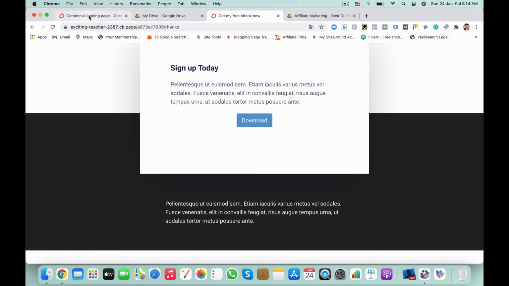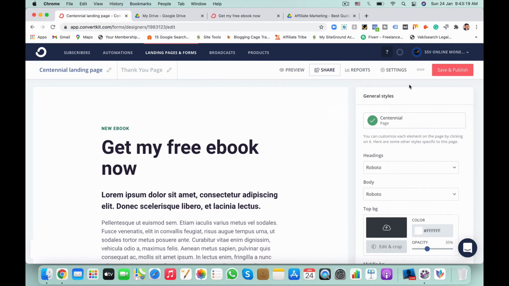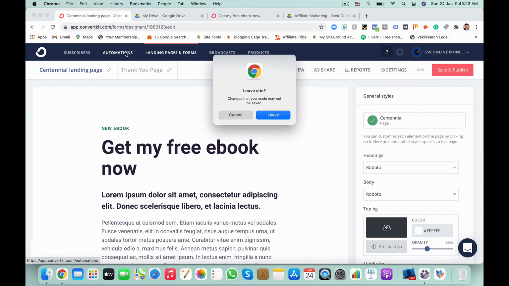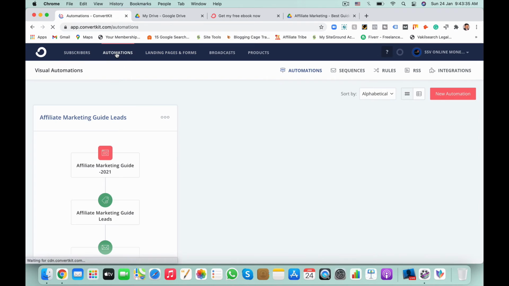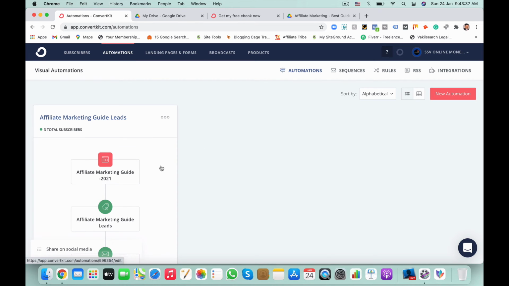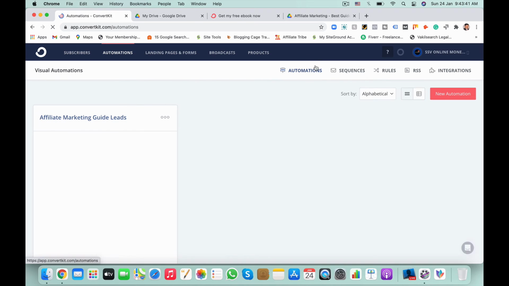Next, automation. Once we have created and published the landing page, you need to create a new automation.